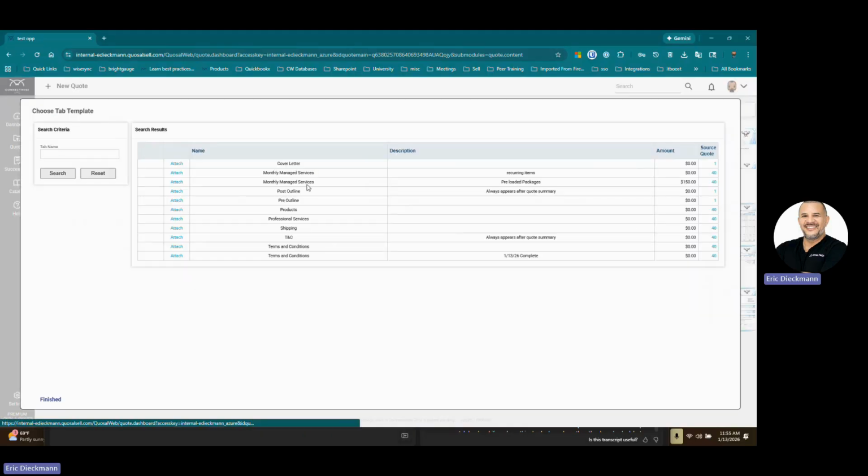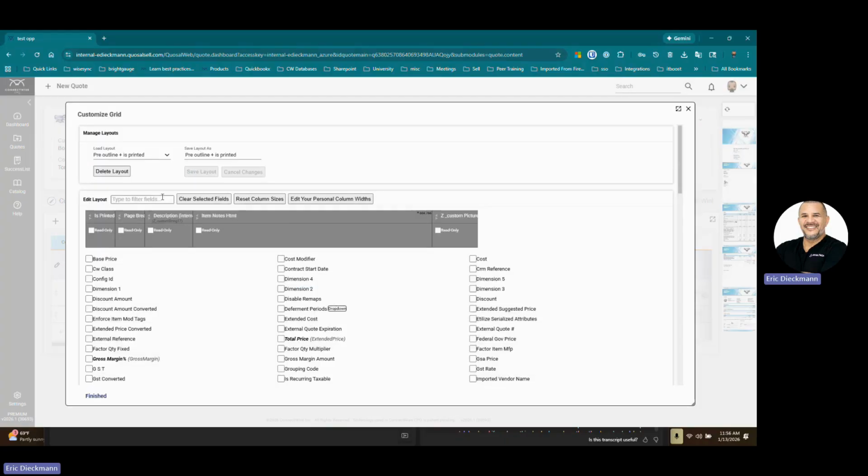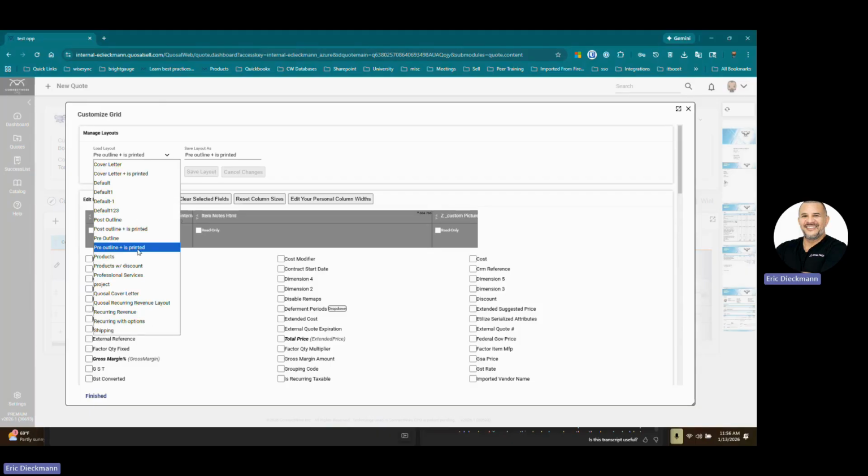If I click on here, you're going to see some other things. We have cover letter here. We have our pre-outline and our post-outline. Now, for any type of text, it's going to depend on where you want it to go. This terms and conditions right now, if we go into it, is pre-outline, meaning that wherever we put this, it's going to actually appear. If this was a post-outline, then it would always appear after the quote